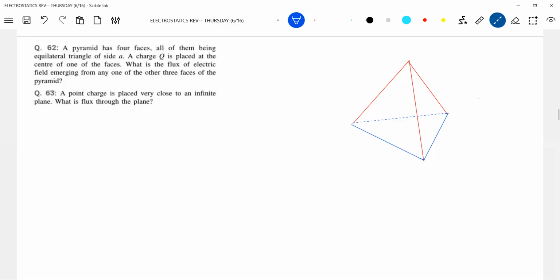Okay, this is about the equilateral triangle. So a point charge is placed at the center. I don't know, please use your imagination. It is something like this. So here now,